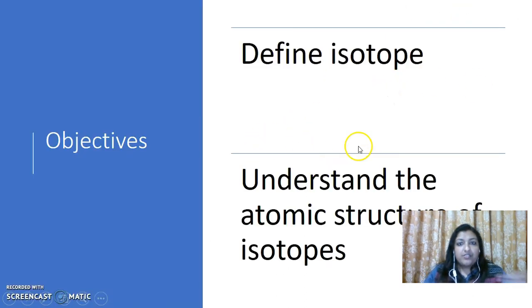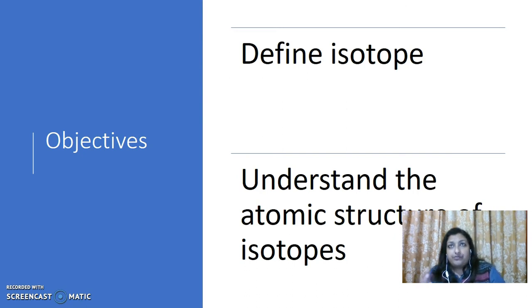Yeah. So the objectives that I'm going to touch upon are: we're going to define an isotope, what it is about and what its importance is, and understand the atomic structure of isotopes. Before we touch on this topic, the term isotope, I just want to give you a quick run through of what we have learned so far on the fundamental structure of an atom, because that is what